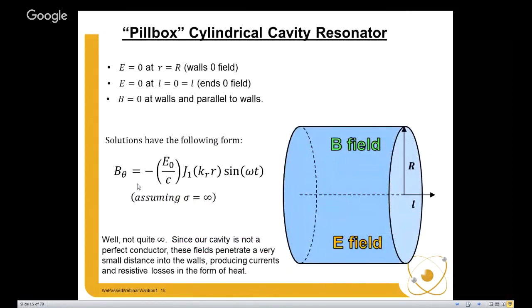So I have this function that tells me something about the electric and the magnetic fields propagating within this can. And what we're going to get is that the resonant frequency, or really the cutoff frequency, is going to be the resonant frequency, excuse me, the first resonance is going to correspond to that 2.405 number, which is that first 0 of that first Bessel function, that 0th Bessel function. And we can see that we have a resonant frequency. We have this 2.405, and that's going to tell us the radius of this cavity in order to get propagation